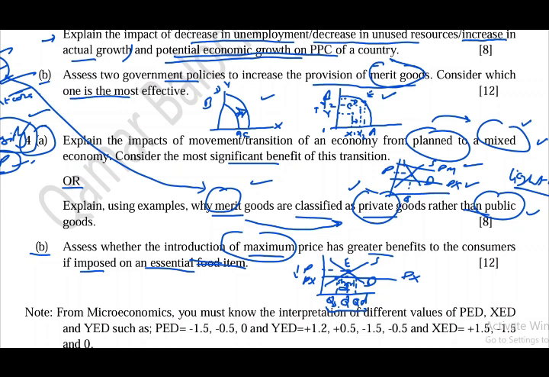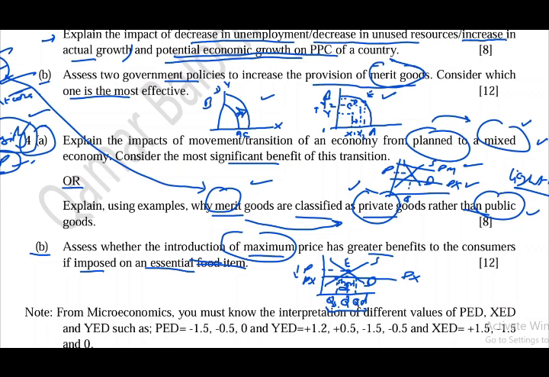So maximum price also leads to long queues where people will have to stand in long queues and lines, and they will have to wait for getting the product because there will be shortage of goods in the market. Sometimes government has to take police actions as well to release the stock in the market in sufficient quantity and increase the provision of good and service. However, in many cases consumers suffer a lot because they are unable to get the product at price set by the government.